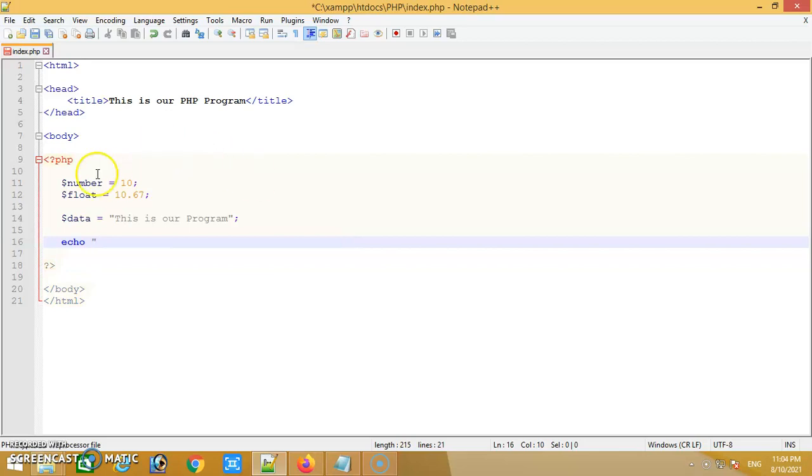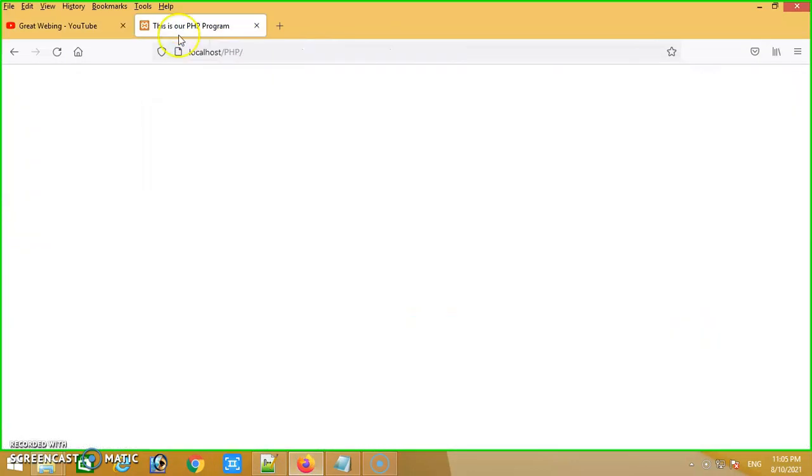I'm writing here echo $number. Let's check if this displays the proper value. I'm saving it and I'll refresh my browser. Here the browser is opened. I'm refreshing, and see, the value is displaying for the number variable.